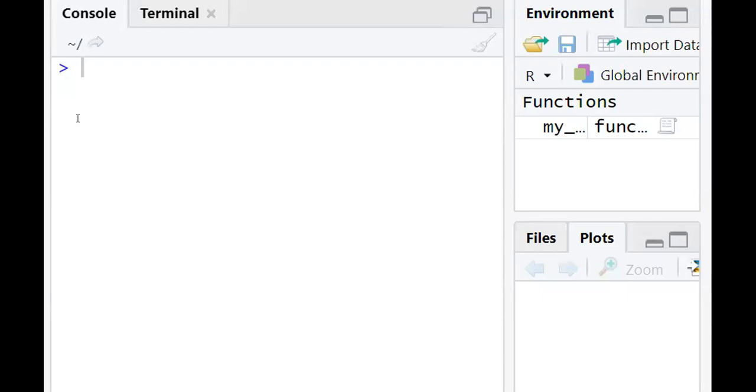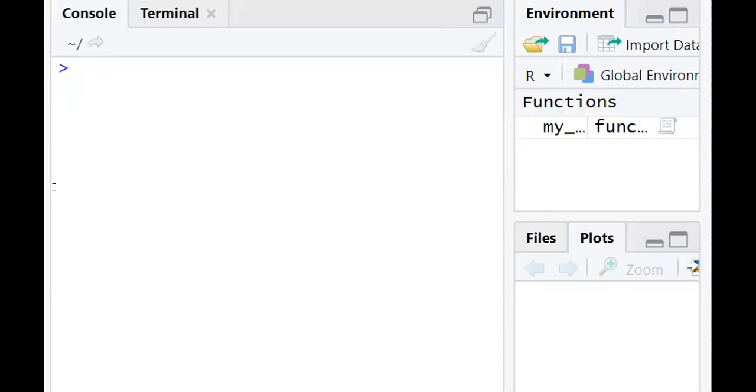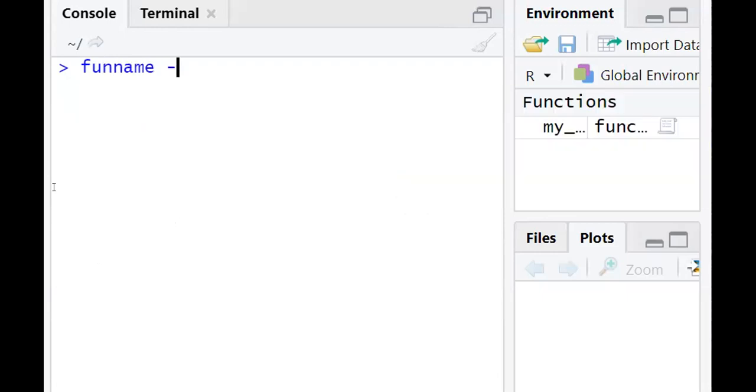So a function in R can be created like this. It's a bit different. First we write the name of the function. So we shall give a function name, followed by this operator, similar to the assignment operator which we saw yesterday.